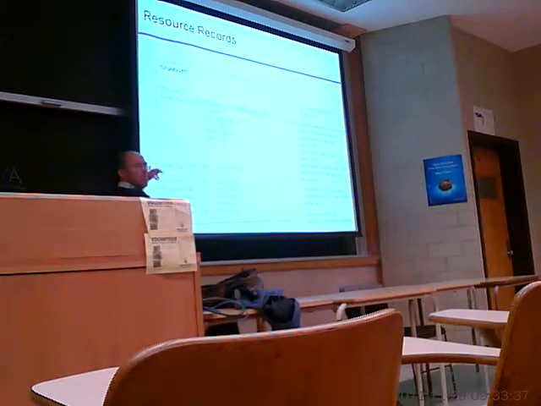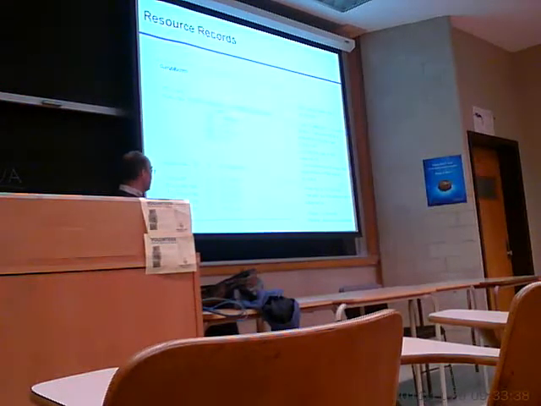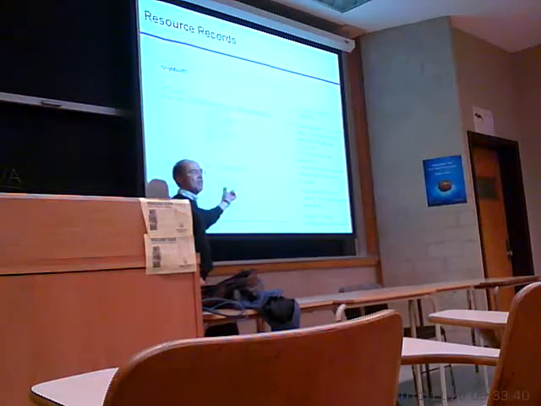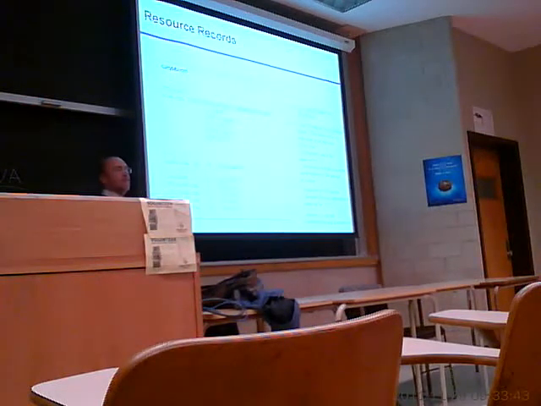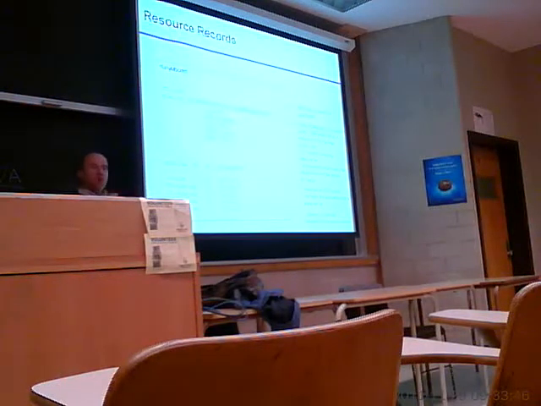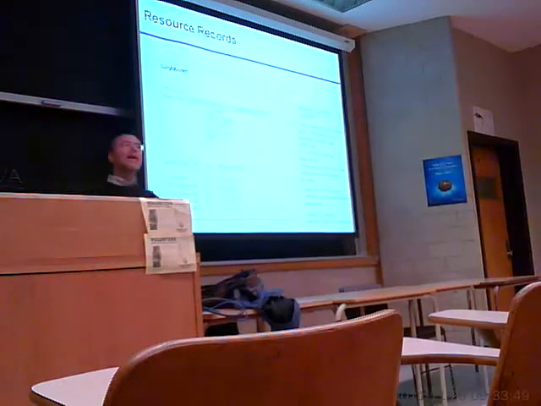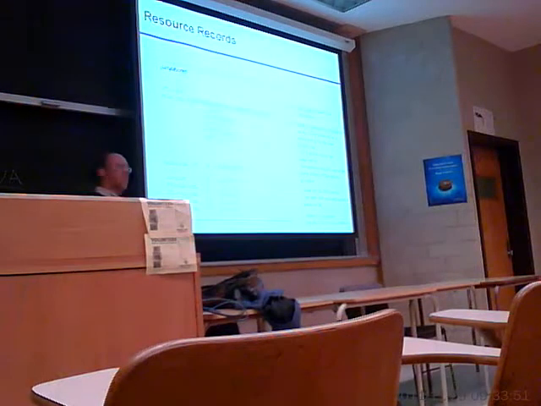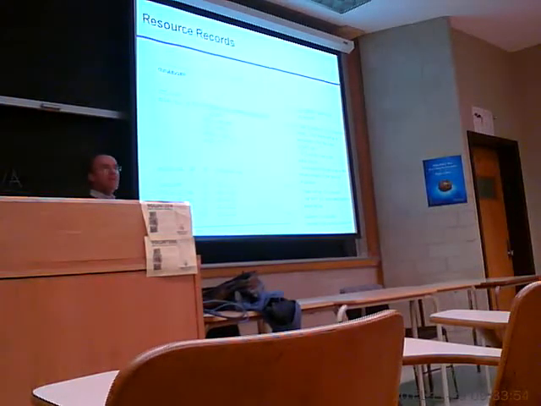These address records, very simply, just associate a name with an IP address. And that's what they look at taking place. So essentially, if a new host is created and has a name at some name server, there is a resource record for this. Relatively simple. So the way to read it here is